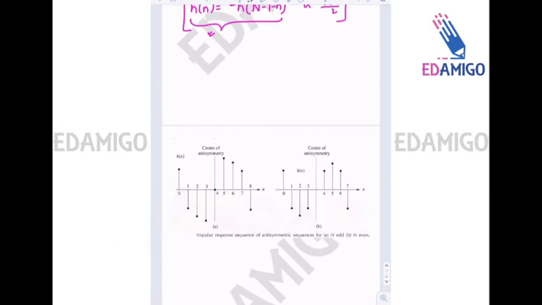So for anti-symmetric also there will be two cases, N odd and N even. So here N is equal to 9. So hn will be anti-symmetric about 4, that is capital N minus 1 divided by 2, that is 9 minus 1 divided by 2, that is 4, and at 4 the hn has to be 0. So here N is equal to 8, so it will be anti-symmetric about 3.5, that is 8 minus 1 divided by 2, that is 3.5. Okay, so this is the third case and this is the fourth case. So we have seen the four cases of the